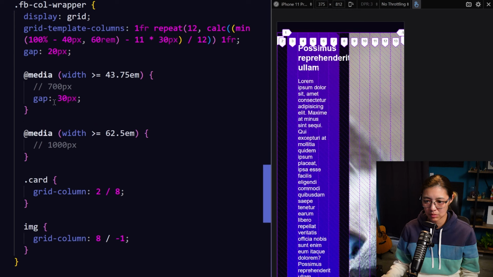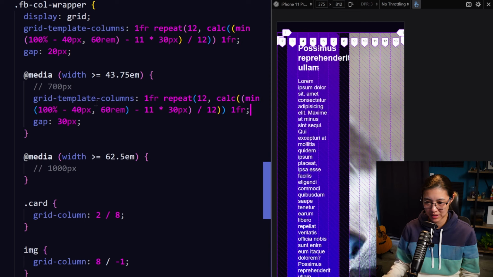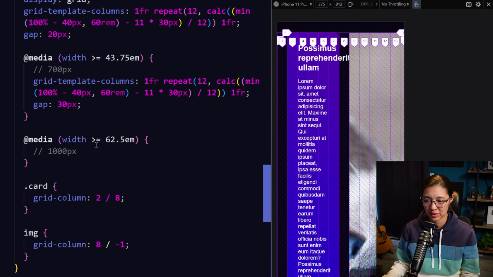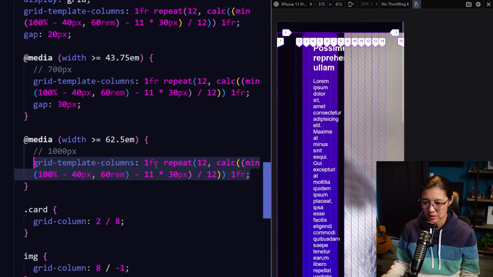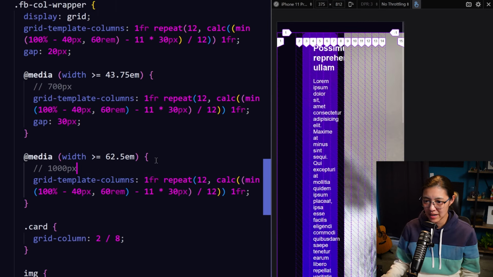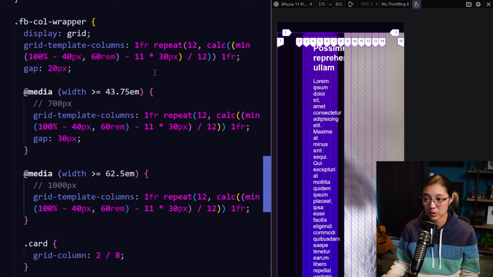Okay, so let's also copy the grid template column style rule. And again, this was the desktop style. So we're just going to paste it in for tablet, and we're going to change that later. And then on desktop, it will use this rule, and it should be fine on desktop. So let's save that. And now let's go back into our mobile styles and we want to change our grid